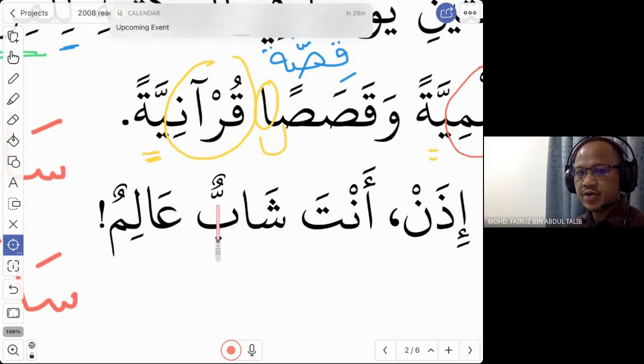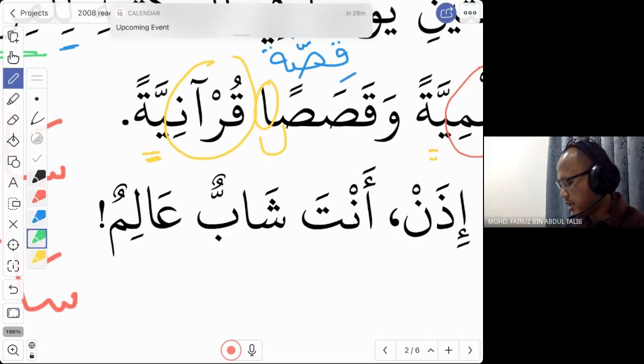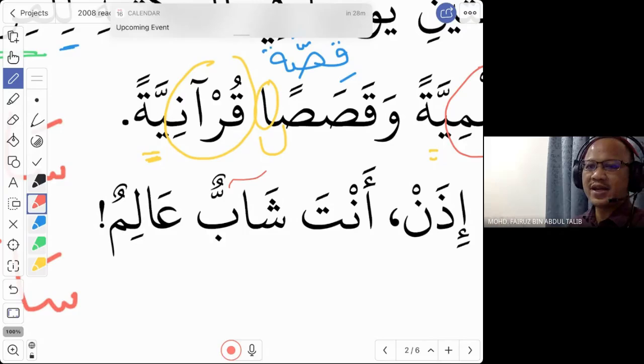So how do you read? You have to say like this, shab, shab, not just shabun. Oh, that is not correct. Okay, so we say shabun. In the Quran, if this word is in the Quran, you have to read this, and they will put this symbol, long sound, long mad. Okay, so if this word is in the Quran, you have to read